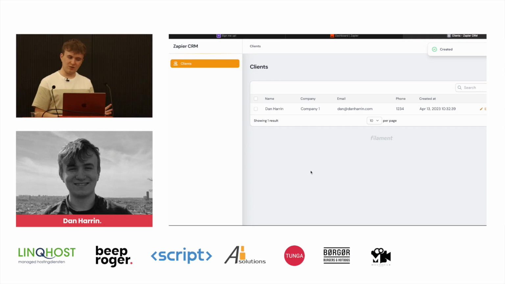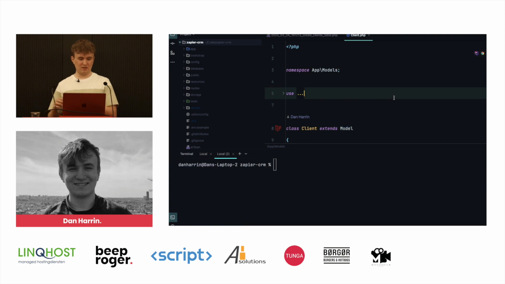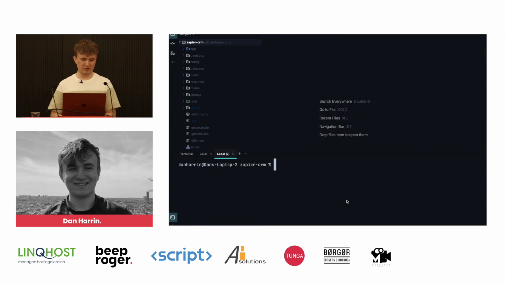So the first thing we're going to do to start our Node.js application is to actually create it within our Laravel project. Now, you could do this in a separate repository if you wanted to, but I like to keep everything together because, for example, if you're going to add a new feature to your app, you probably want to also add the Zapier endpoint to your Zapier integration as well. And that could be good to group that code together in a pull request. So let's make a new directory in our Laravel app called Zapier. And we're going to cd into that directory.